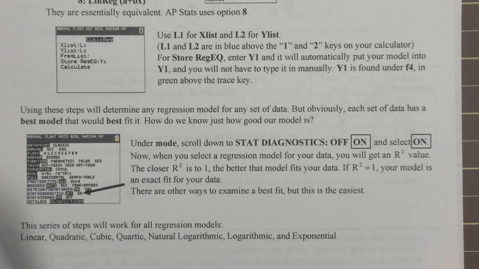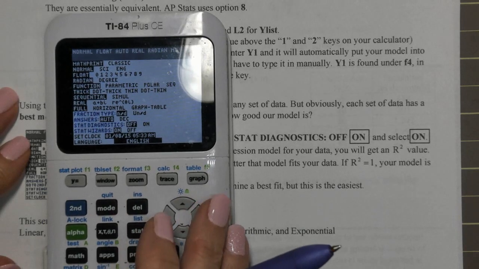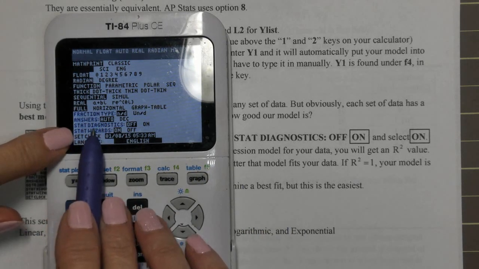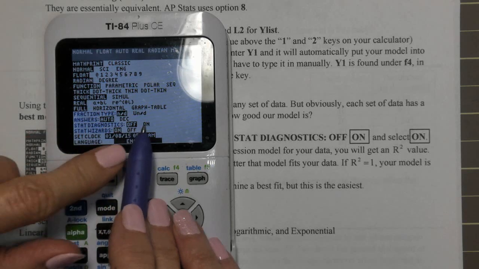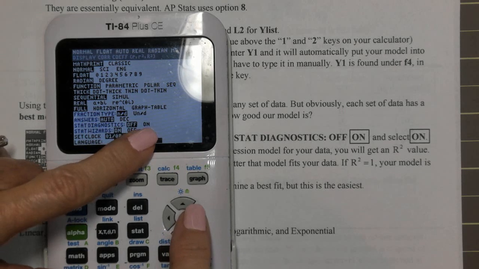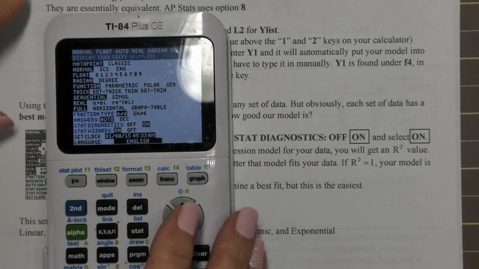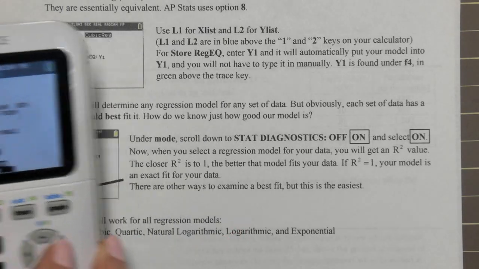Well, under mode, if you go to your calculator, under mode, if you come down to stat diagnostics, it is by default off. I don't know why, but it is. We are going to turn it on. So go over, push enter on, so that your stat diagnostics are on. Okay? Alrighty. So now that that is on, let's come in